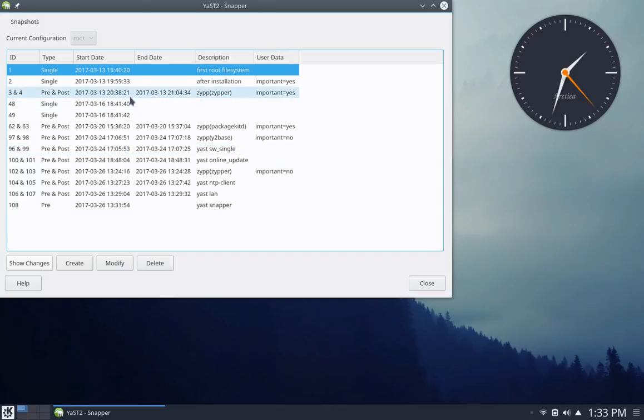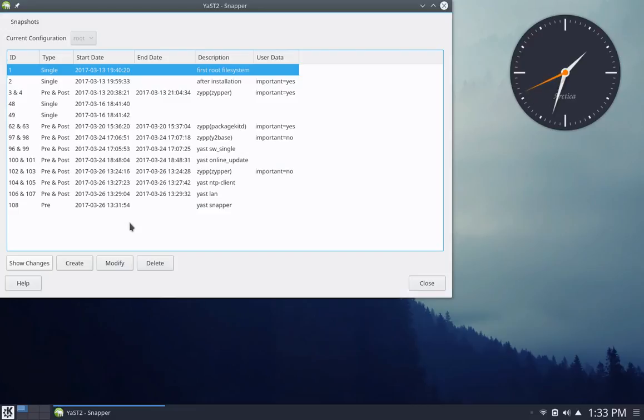Like I have one set up when I first installed. This is the post installation. If I needed to go back to the emergency setting, I could go back to day 1 and roll the system back to this ID number over here using the Snapper